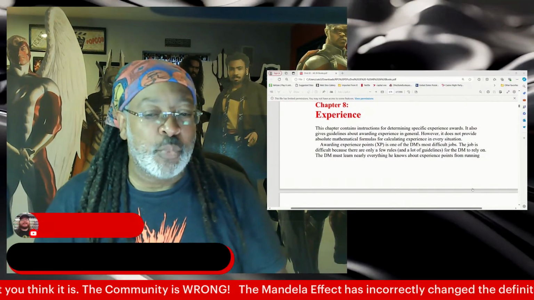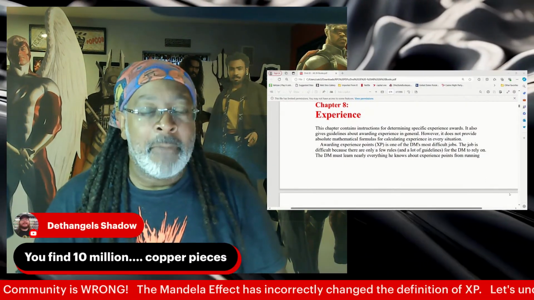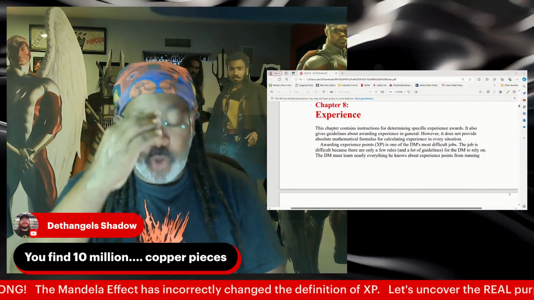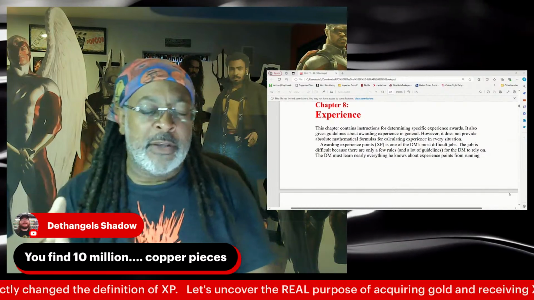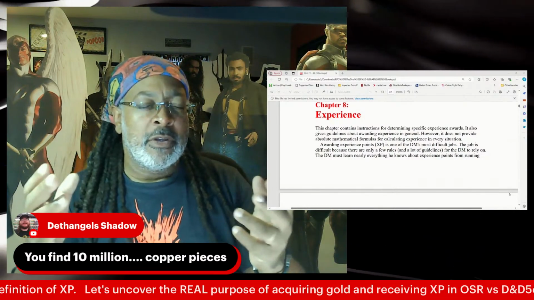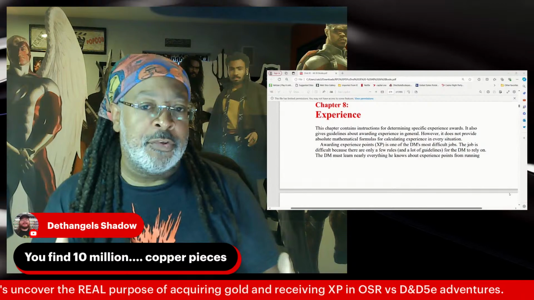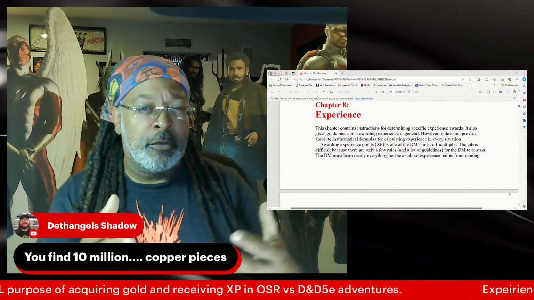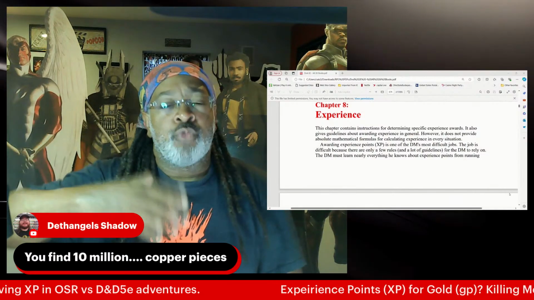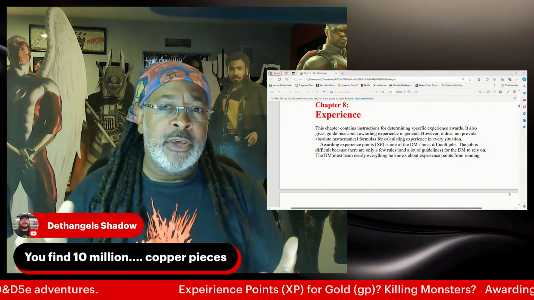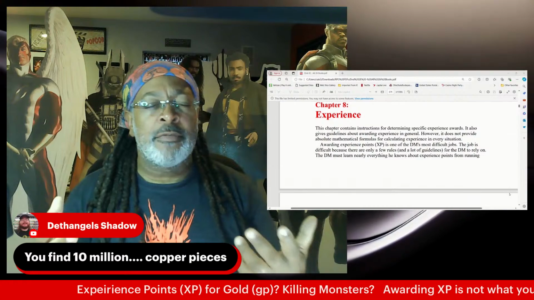I had an adventure where there was a dwarven mine, and the lower folk in my world used copper pieces. Middle class people used silver. Silver was really the accepted one. Gold and above was like royalty, and platinum pieces were the purview of nations.